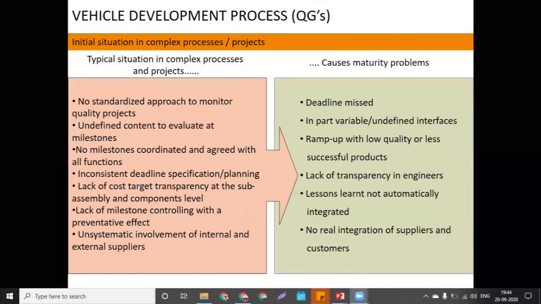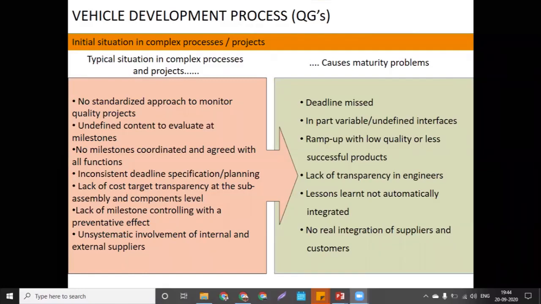Such a situation is there in a complex process or when the project is complex. What exactly I want to say here is, if you don't follow the quality gates, there will be a lot of miscommunication between your teammates. The first point: there is no standardized approach to monitor the quality of projects, because whatever methods are there are not standardized.